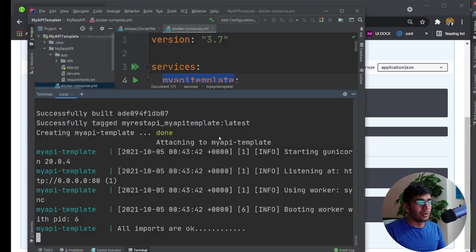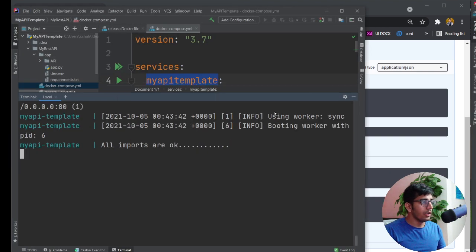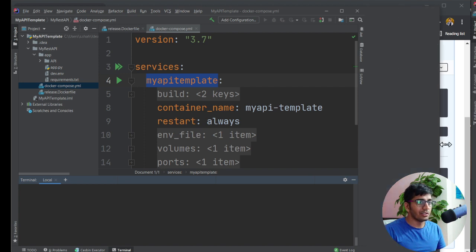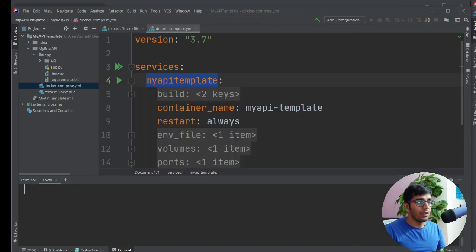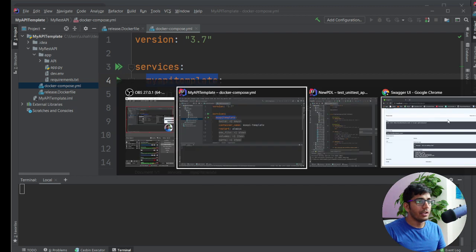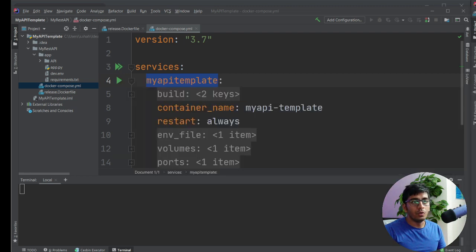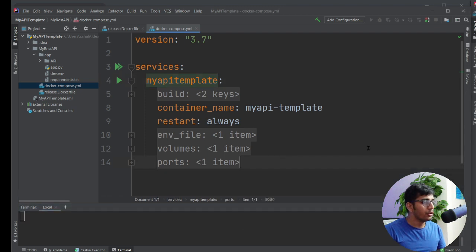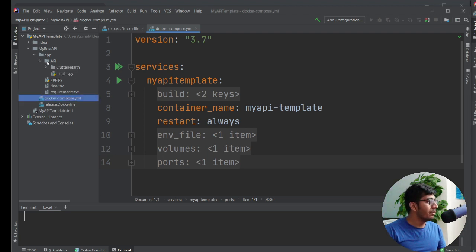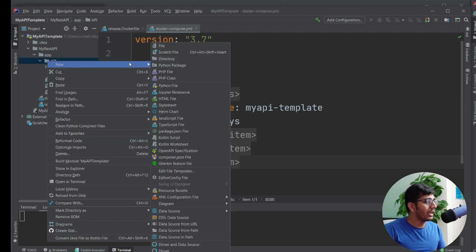So we are almost done, but need to do a couple more things. Let me adjust my screen. Now I'm switching my screen, so please be patient. Let me make sure it's visible. Okay, it is visible. Now I need to go to my project structure and show you how we can add some data or query parameters. So this is your API, right? Now let's say we need to make an API that does some operations.